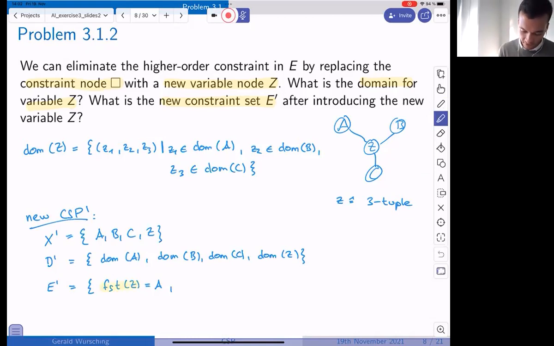So basically this here corresponds to z1. So that's what this operator does. This is something we've introduced now to represent this constraint. So what we say, if we have a tuple and we use Fst, so first of the tuple z, then we're going to get the value z1. So yeah, and we said since z1 has to be within the domain of A, we can write this constraint here like that.